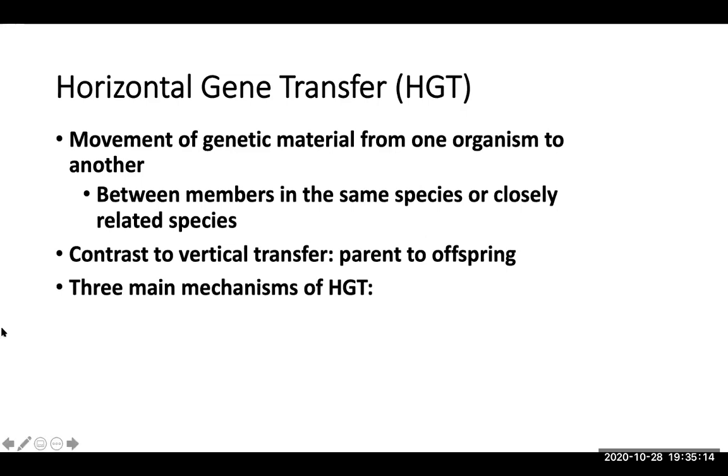There are 3 main mechanisms that I'm going to talk about for horizontal gene transfer, and those are conjugation. The first 2 things you should think of when you hear conjugation are sex pilus and plasmid. The second mechanism of horizontal gene transfer that I'm going to talk about is transformation. When you hear transformation, really you should think of the experiment you learned in lecture called Griffith's transformation with mice,